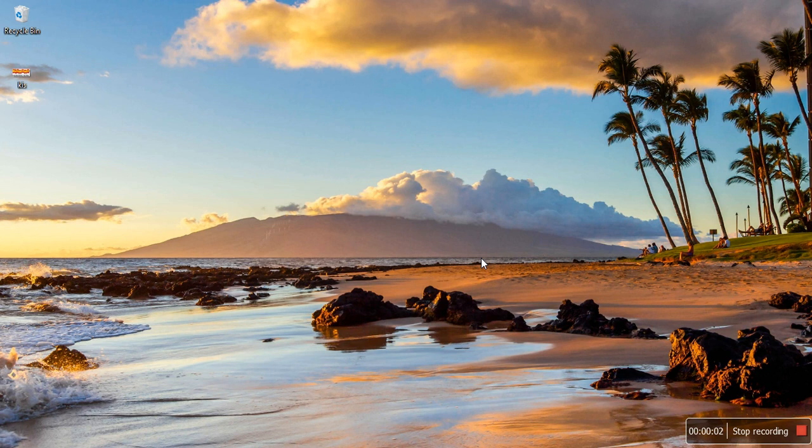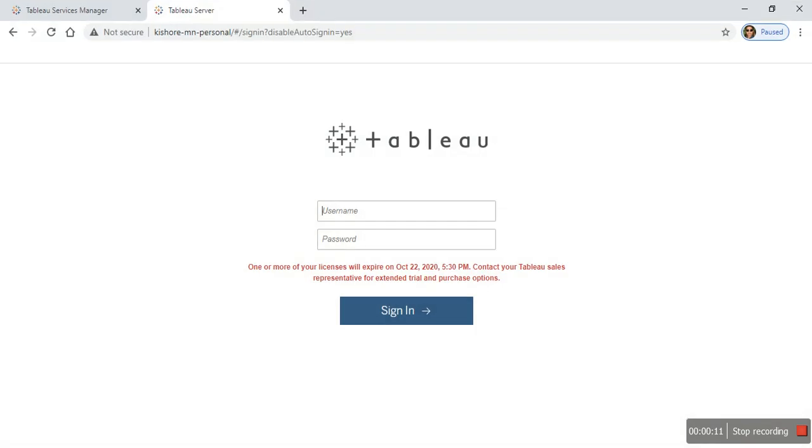Hello friends, in this video I'm going to explain how to customize the Tableau server. This is the Tableau server web portal where you normally see the Tableau logo here. This is the Tableau logo that I'm highlighting, and the tooltip shows Tableau Server. You can customize these two options with your desired requirement.